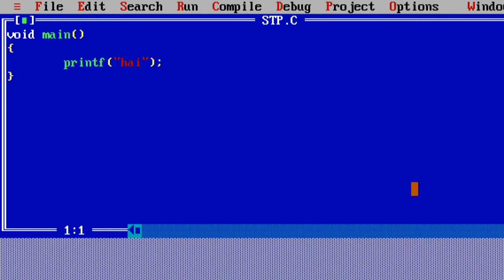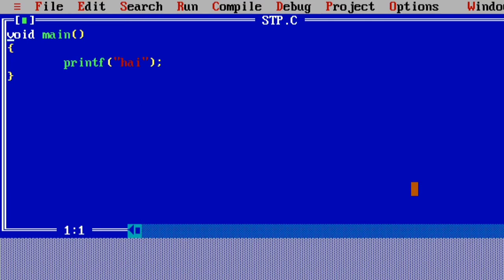My C program will print hi on the output screen within nanoseconds and come back to my C editor. So now the first step is over.